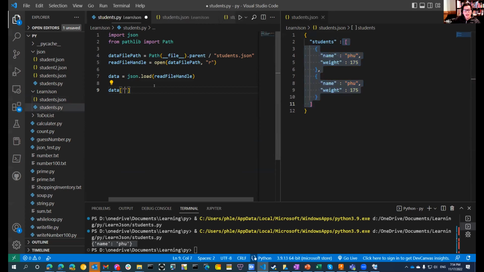So you can have data student. That's how you access the whole thing in the array. Because it's an array, I can say for students, or persons, let's say for person to make it easier. For person in data student, I'm going to print